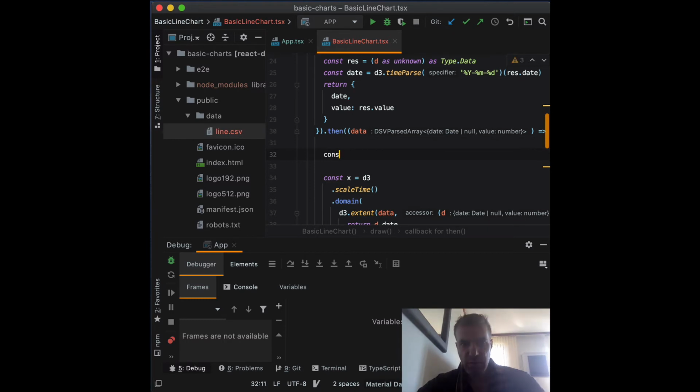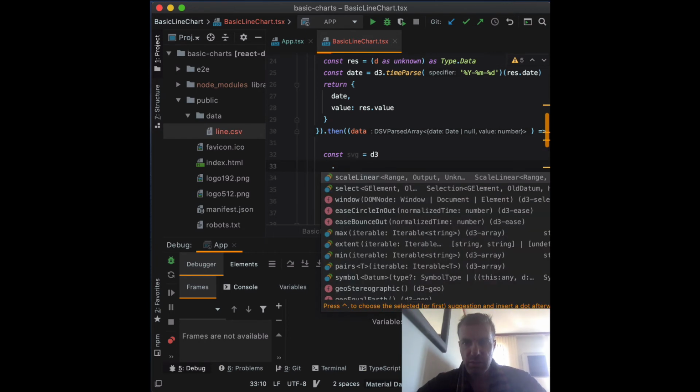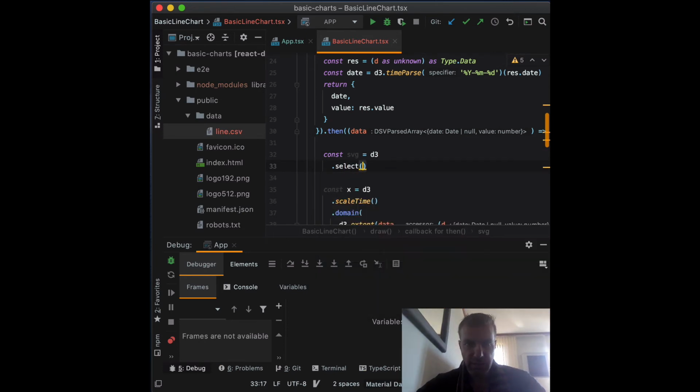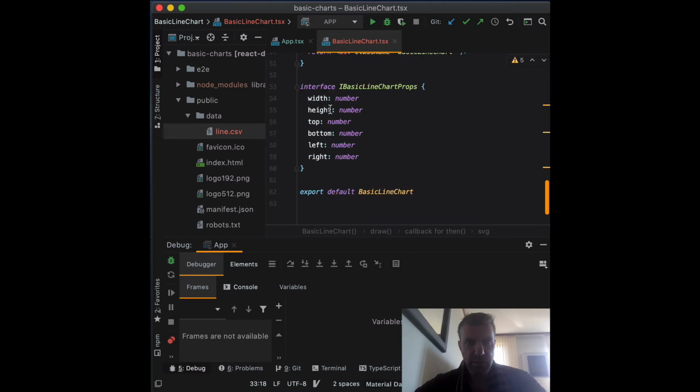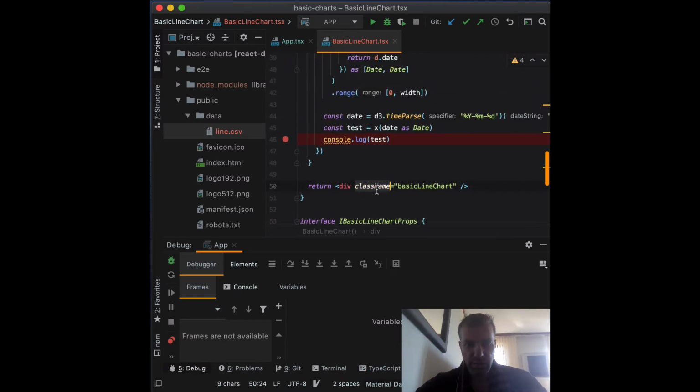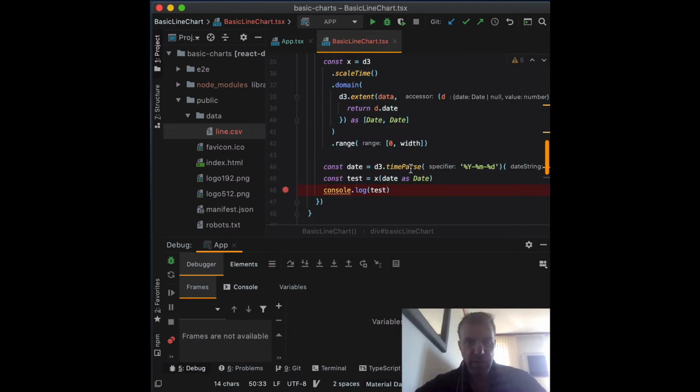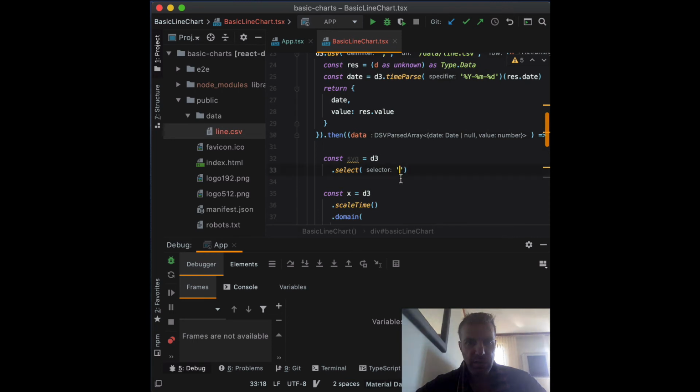So what we can do is we can create a constant, let's call it SVG, and then we can use D3 to select our, let's call it ID instead of a class. I like ID better. So we'll set an ID, so we can have D3 select the ID, and then